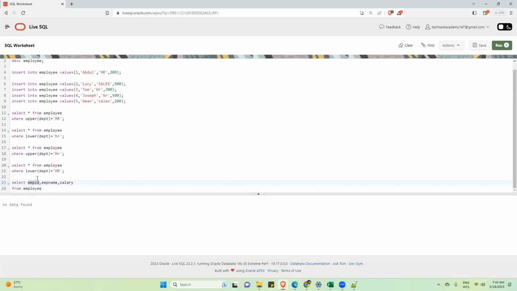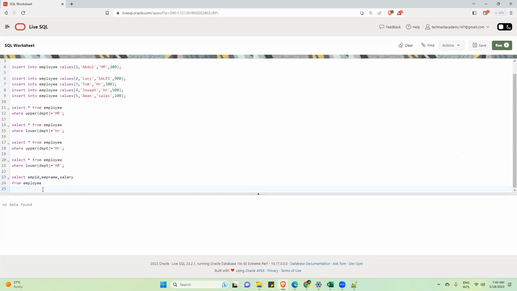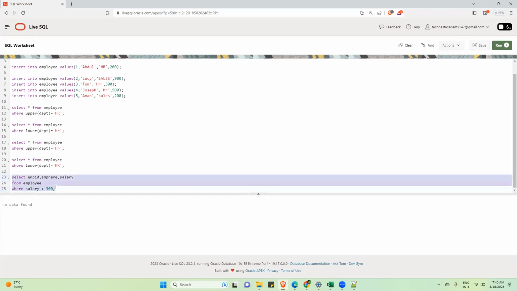Thank you. So the columns which you want, you can write after select. This is also one way. From employee. Now, this time on which column do you want to apply the filter? Salary column. What is the condition? Greater than 300. You all know that this is the symbol of greater than, right? Now, when I run this query,